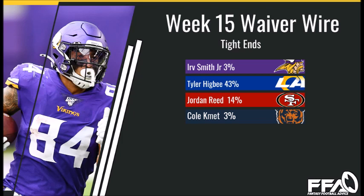The next player we have is Tyler Higbee of the LA Rams. He's currently owned in 43% of leagues, and while I do understand he's been terrible for most of the season, he is coming into Week 15 with a phenomenal matchup. In Week 15, the LA Rams faced the New York Jets, who ranked dead last at defending opposing fantasy tight